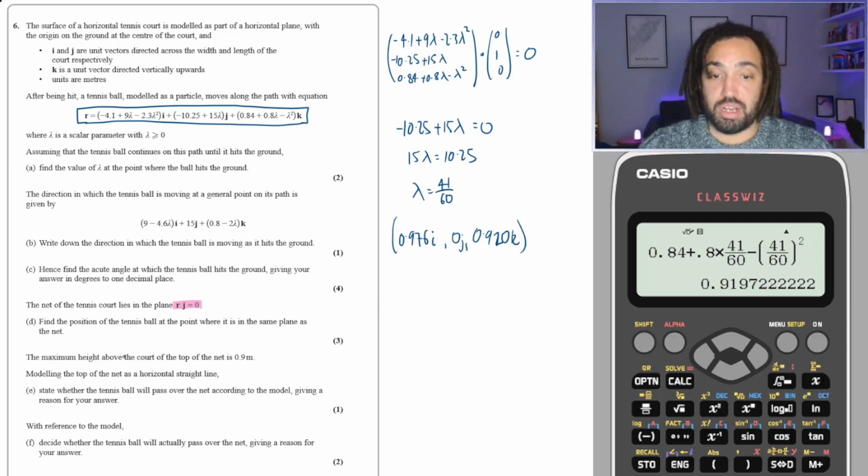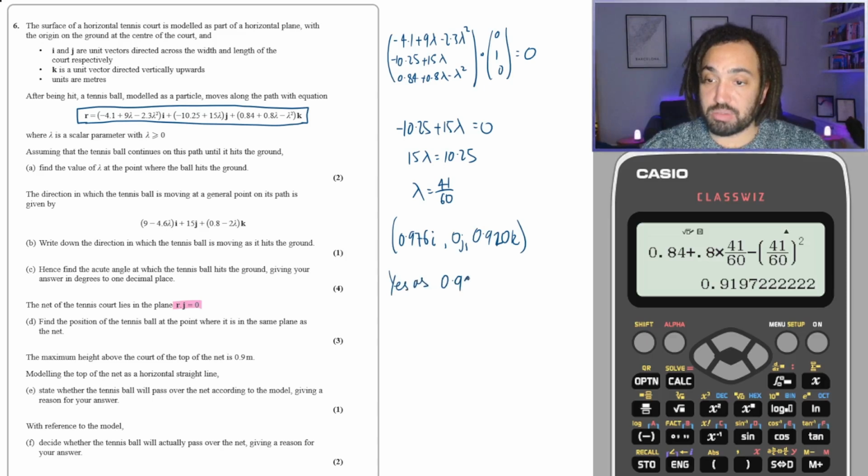Okay, next one. It says the maximum height above the court of the top of the net is 0.9 meters. Modelling the top of the net as a horizontal straight line, state whether the tennis ball will pass over the net according to the model, giving a reason. Well, yes, it will, as the k value, which is this one, is greater than 0.9. Okay, so with reference to the model, decide whether the tennis ball will actually pass over the net. Well, I would say it's unlikely,